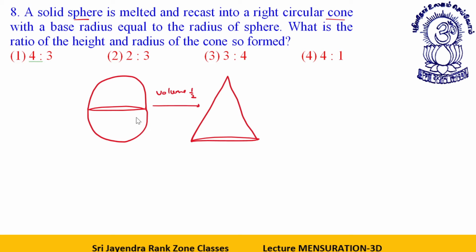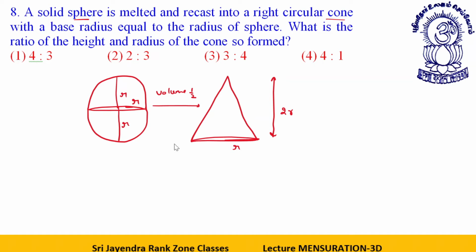See, here initially this is r, and this is also r radius. So this is r, and this height will be 2r. Getting it, dear students? Why? Because the volume of the sphere is actually double the volume of this cone, and here the height of this sphere is equal to the height of the cone. When the height of the sphere and height of the cone are equal, then the volume of the sphere is double.